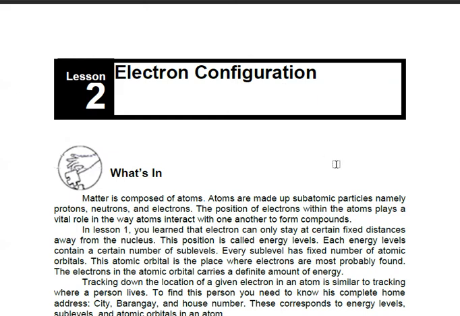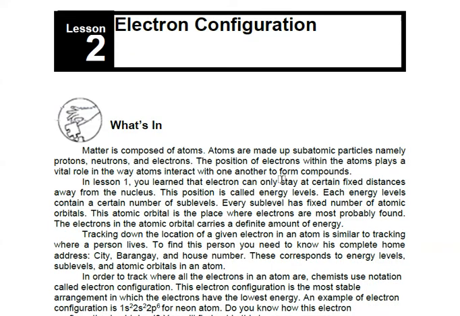Okay, so now that we're done with our activity number 2, let us continue to lesson 2, which is electron configuration. So, what is this all about? It says here that matter is composed of atoms, and atoms are made up of protons, neutrons, and electrons. And the position of the electron in the atom plays a vital role in the way atoms interact with one another